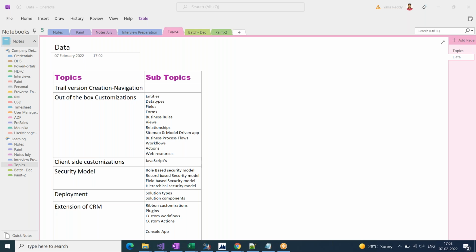For example, Dynamics CRM from Microsoft, Salesforce CRM from Salesforce, Oracle CRM from Oracle, Sugar CRM from another company, and Pega CRM from Pega Systems. These different applications exist to fulfill the CRM theory. That's the high-level view of what you are going to learn in the future.